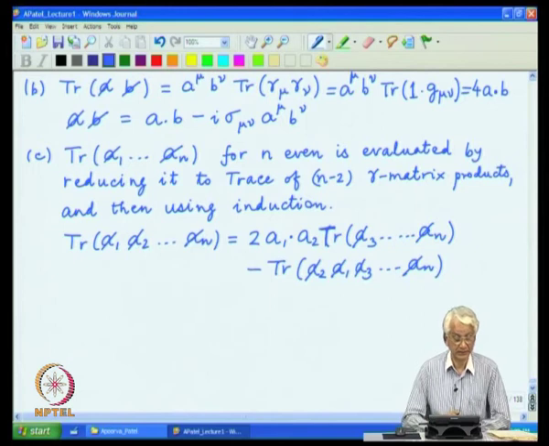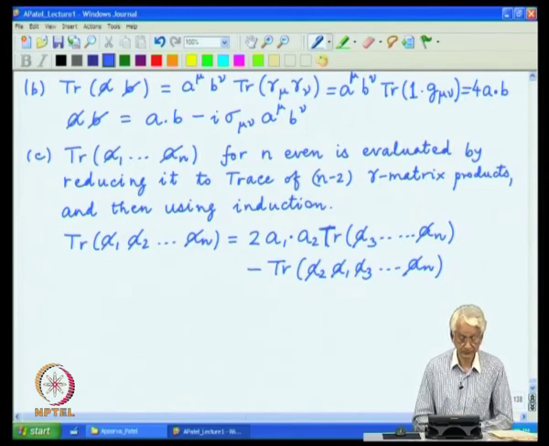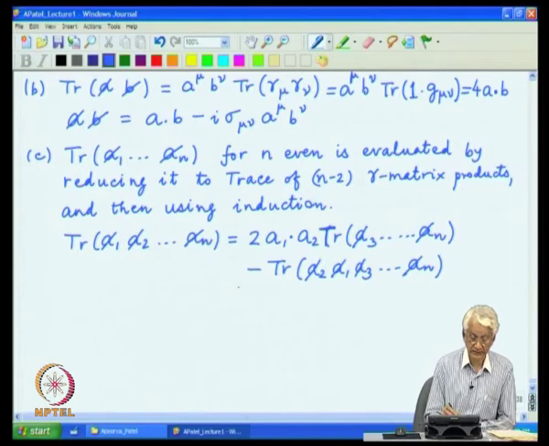So, this procedure is just one use of the Clifford algebra relation,